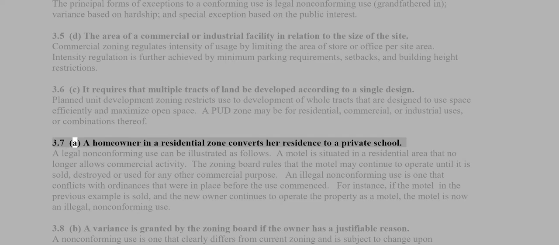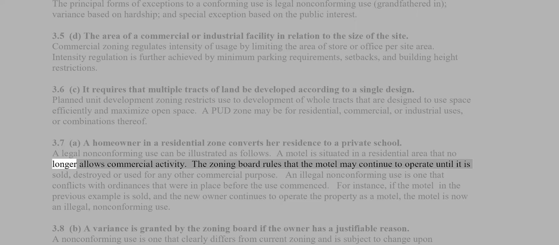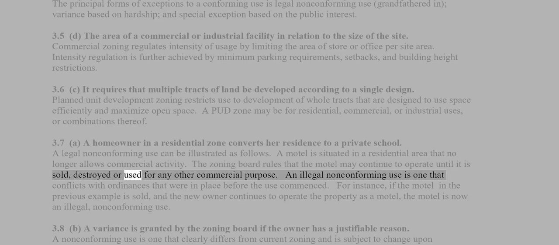3.7 A. A homeowner in a residential zone converts her residence to a private school. A legal non-conforming use can be illustrated as follows. A motel is situated in a residential area that no longer allows commercial activity. The zoning board rules that the motel may continue to operate until it is sold, destroyed, or used for any